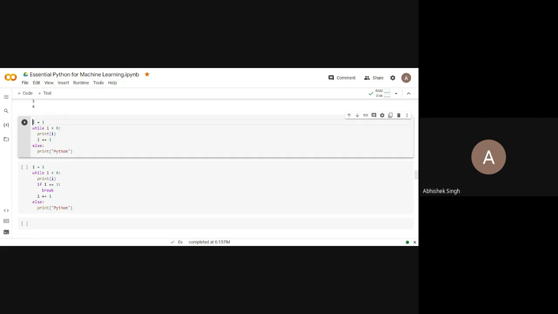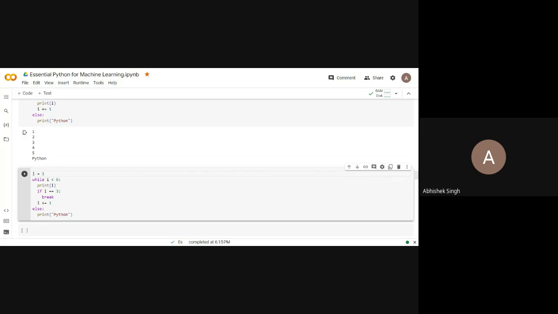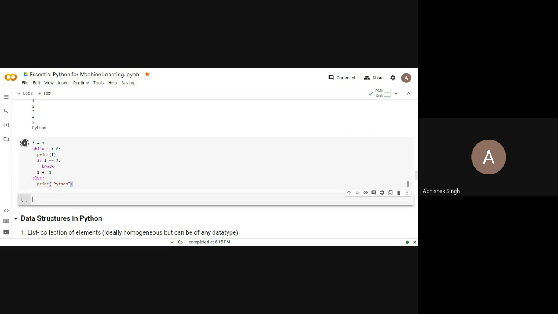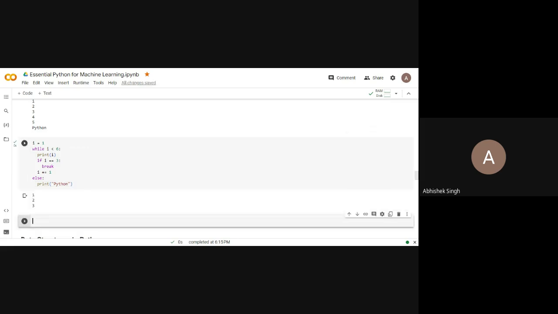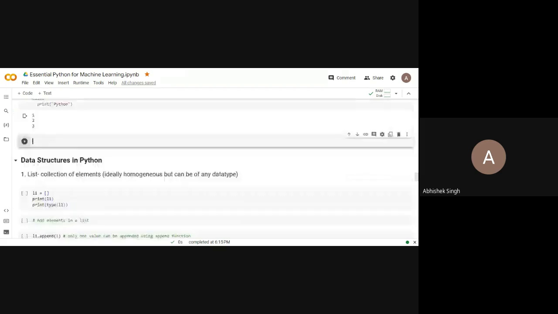Like for-else, we have while-else also, and the pattern is similar. Whenever you are using a for loop with else or a while loop with else, the better way is to use it with a break statement. Similarly, the continue option is also available with while-else. We don't have a do-while loop in Python. We have match case, which is similar to switch case in C, but let it be.